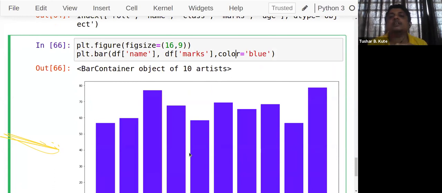So where the highest value is, that we can compare by this kind of method. Okay, this is what we call the bar plot. Now, after the bar plot, there is one more important plot called a histogram. A histogram is an accurate representation of the distribution of numerical data. It is an estimate of the probability distribution of a continuous variable.